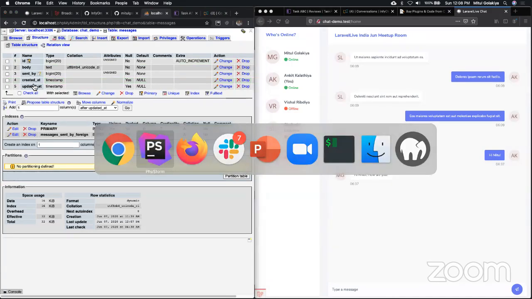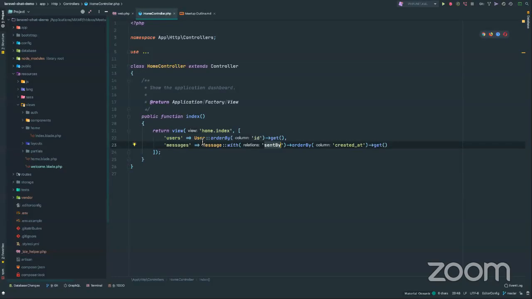So that is about the message table. The user table is the normal Laravel user table, nothing special: name, email, password, that's it. So yeah, it is doing this thing. Now if we go to the